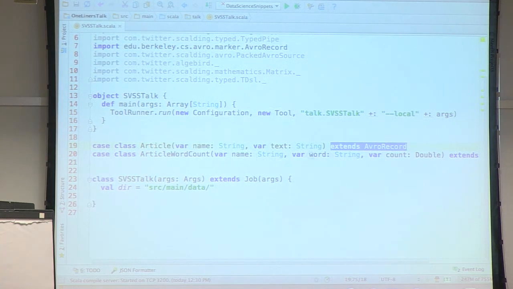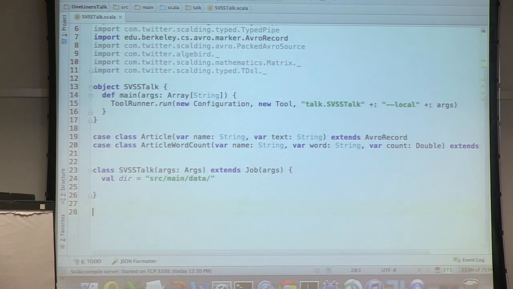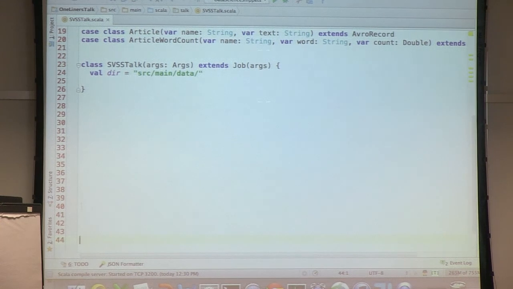So basically, the way to start a Scalding job, and let's ignore all the imports, and let me bring the screen up a little so everyone can see nicely. I have my class. It gets args, and it extends Job, which is a Scalding job. That is basically all you need to do. We'll start with something simple, and show a couple of examples that go more and more into depth. I'll use Wikipedia to show our examples.